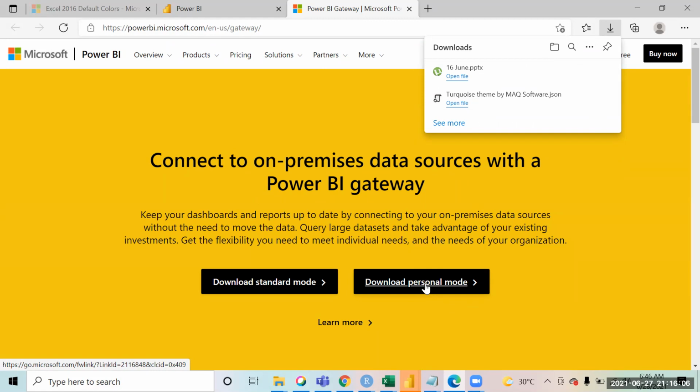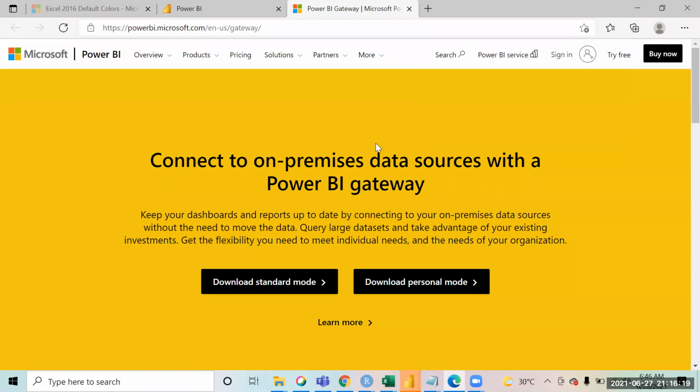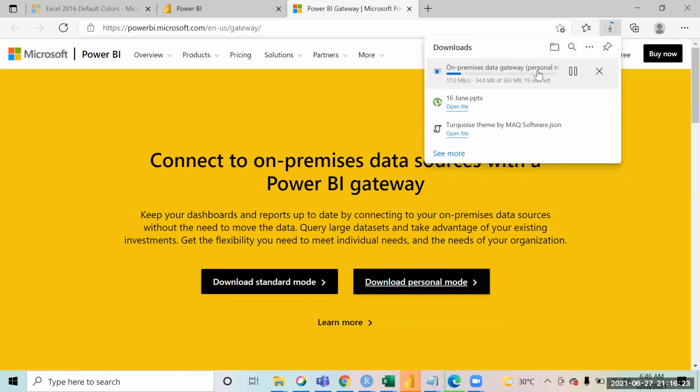When you install it, it will ask for one thing, your Power BI service ID. Once you put that in, your gateway is ready. Please try this and download it. I can wait for 2 minutes. Just click on download personal mode and it will start the download.